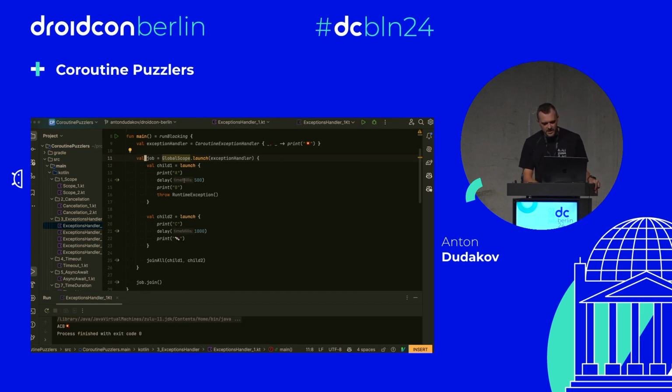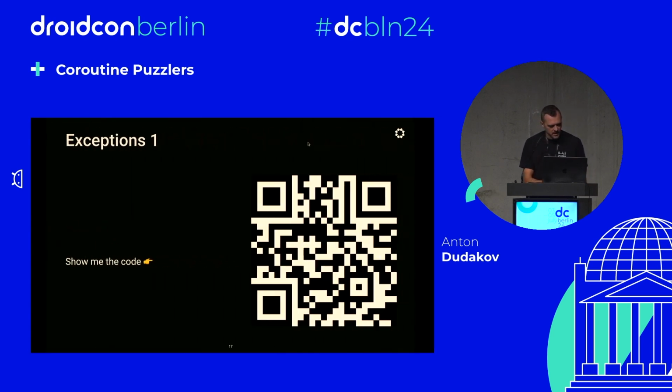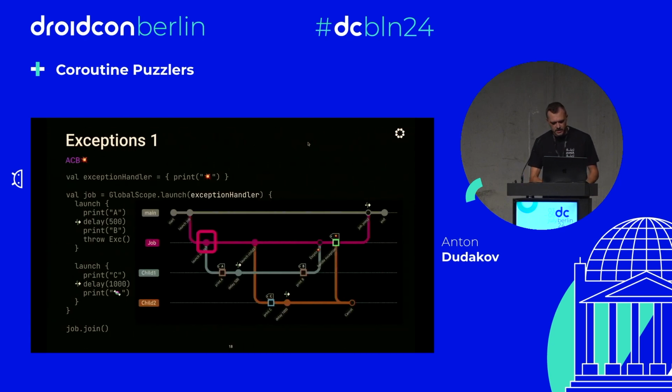A, C, B, and then crash. Exception. No lollipop this time, but what just happened? So first of all, on the main coroutine, we launch child one. This child one suspends and waits for the next. And then, since it's suspended, the control goes back to the job. The job launches the second child, it prints C and suspends. Then the control goes back to